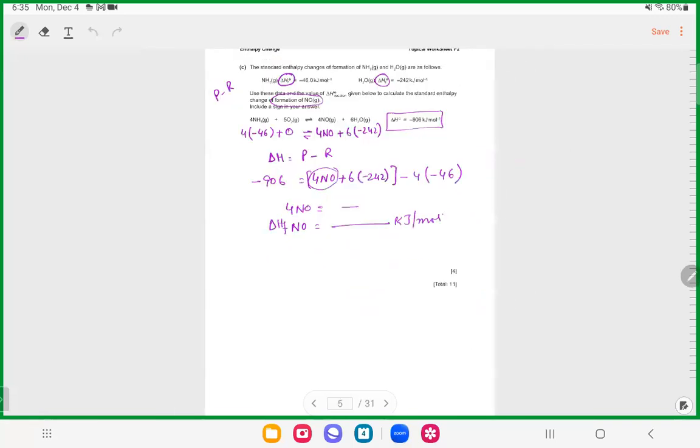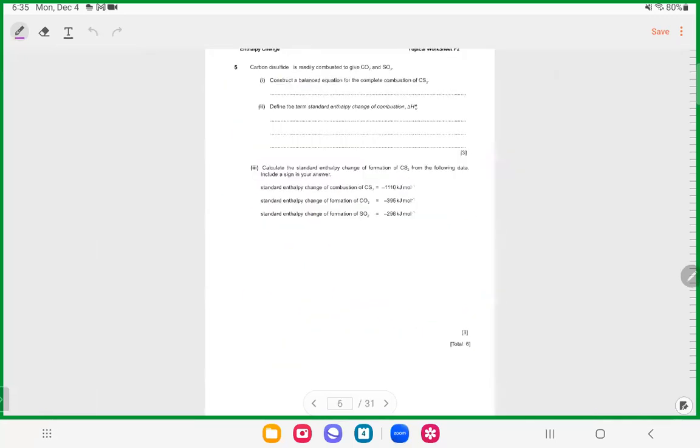चलो बाद में देखेंगे. ठीक है, just do it. I'm sure that you can easily calculate it. Now the next one is,